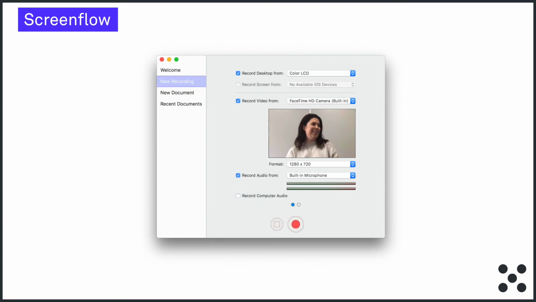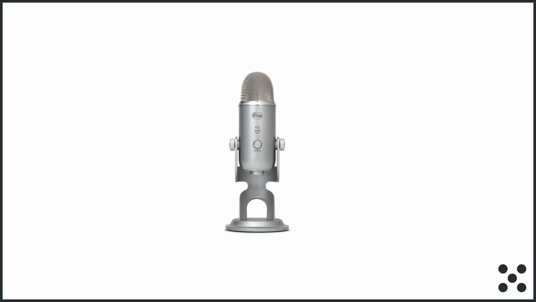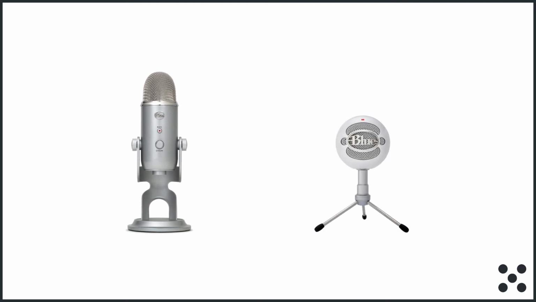Now, depending on your laptop, the built-in microphone might not always record the best quality audio, and this can be a real issue during playback, particularly if you're showing the recordings to clients or senior stakeholders. To combat this, we use a relatively high-end Blue Yeti USB microphone, and the same company also sells Snowball microphones for about €50. Either option is a worthy investment if you are regularly doing usability tests, which you should be.